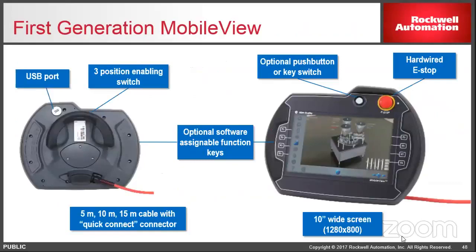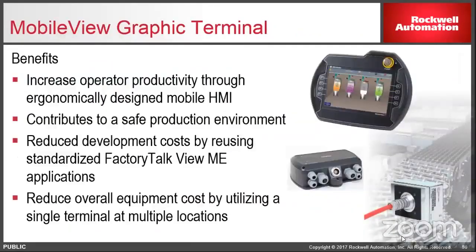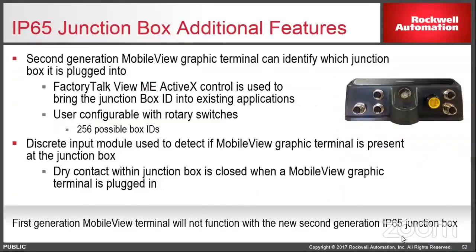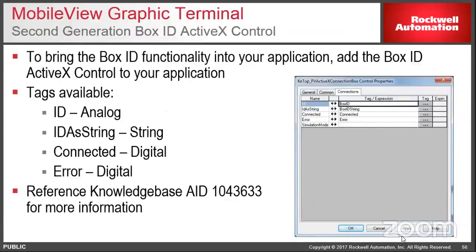But beyond that, because you could have multiple junction boxes around your machine, you can actually program a box ID into them, so you know if you're at box 1 or box 2 or box 6, and pull different content into your Machine Edition application. So I just wanted to throw that out there, and if you want to come and play with it,